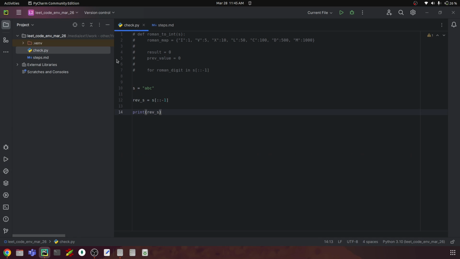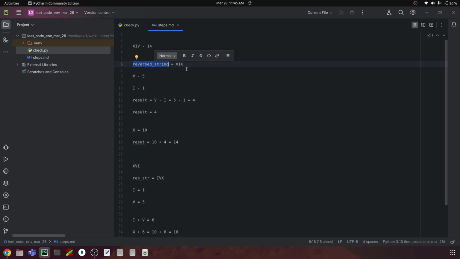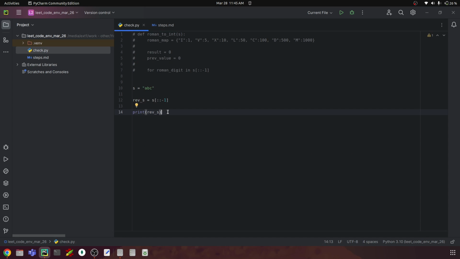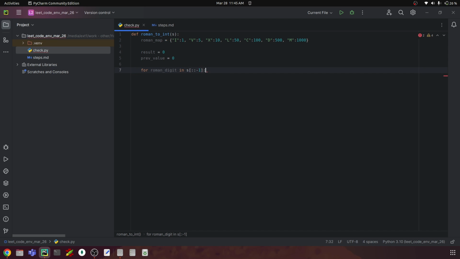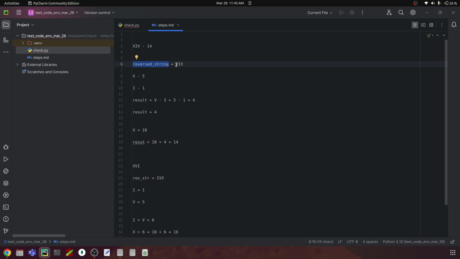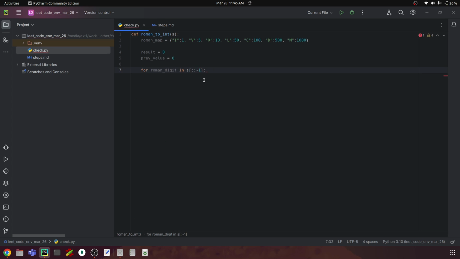So this is the same thing that we are doing, because we need to reverse the string in order to get the number. I'll delete the things that I did. Let's uncomment the code that we had. So for Roman digit, basically I'm reversing the string and iterating over this particular order. Let's run this. For Roman digit in reverse string, value is equal to